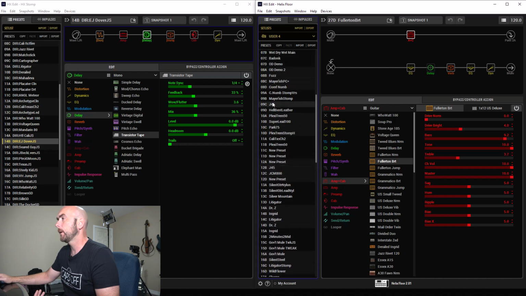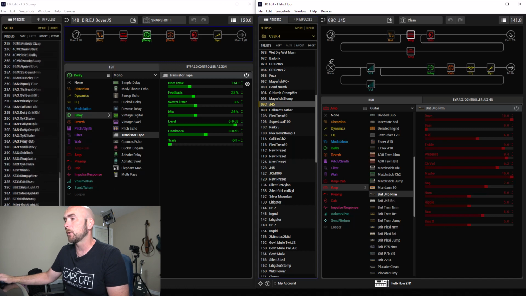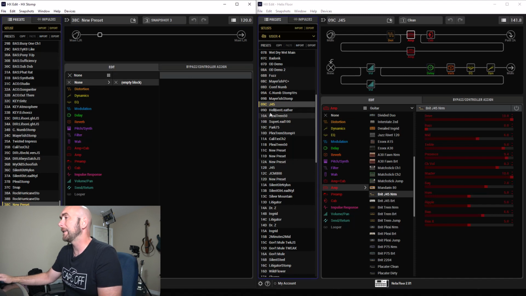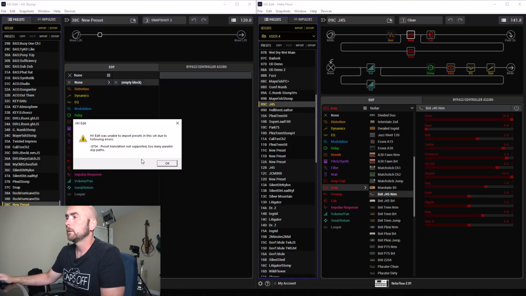If we have something in our Helix Floor, such as this preset, 2 split blocks, numerous amps, way too many blocks. If I take this and try to drag it over to something blank here, there's a new preset. Okay, so if I take this and try to drag it over, look at the error